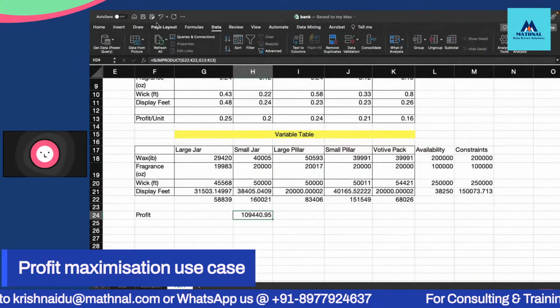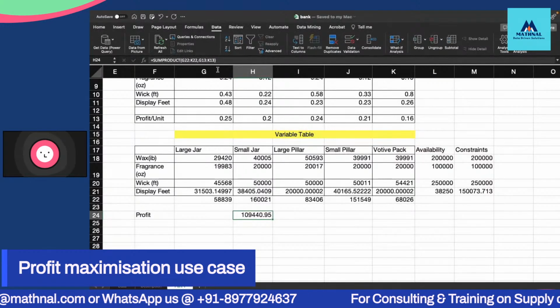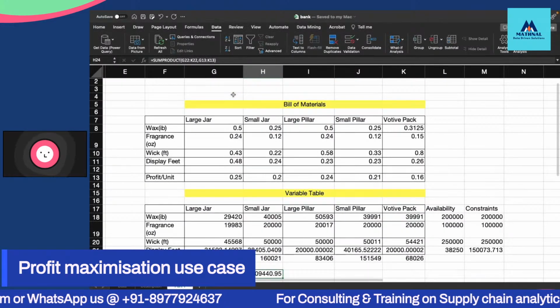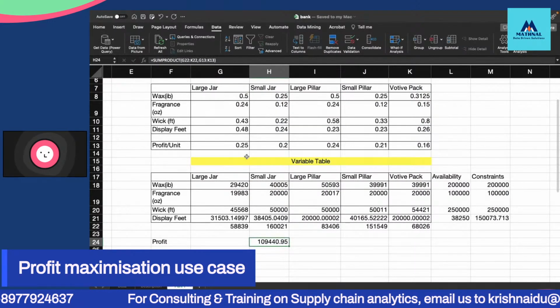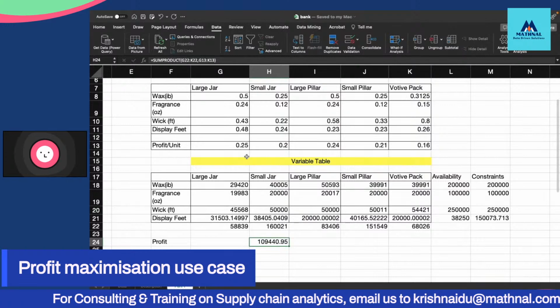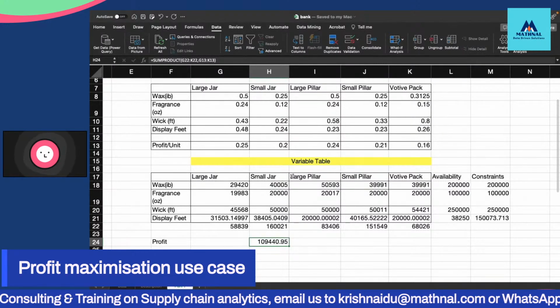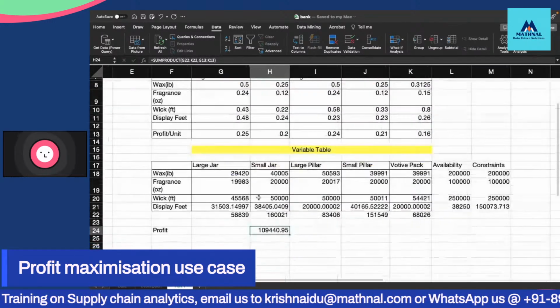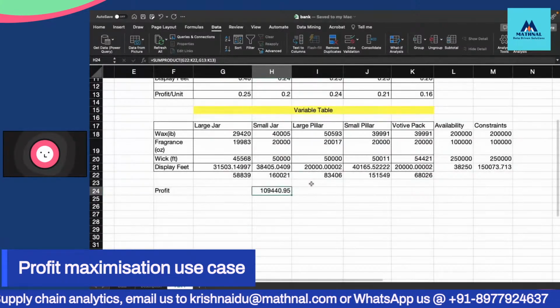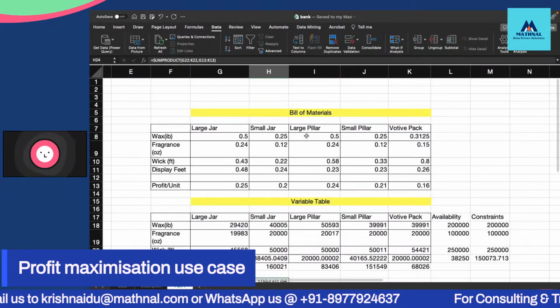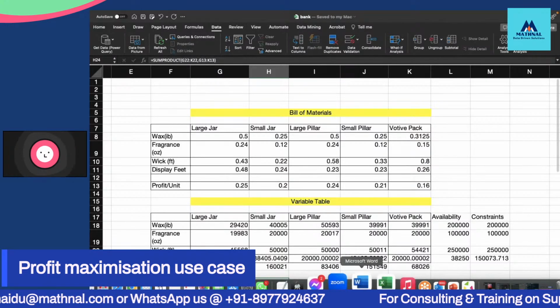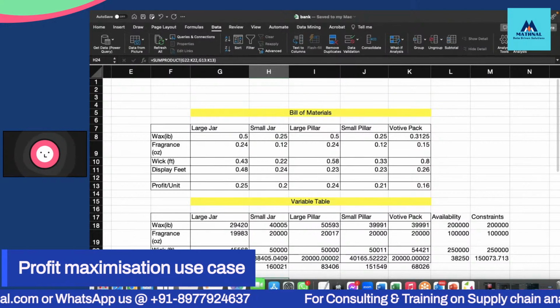Okay, so if you have any questions on this, how to actually use your bill of materials effectively so that you generate maximum profits out of that, we have solved this in this case by using the optimization tool called Solver. And if you need more understanding about this, you can contact me on my details which are visible on the screen.